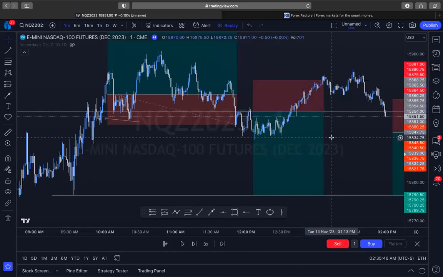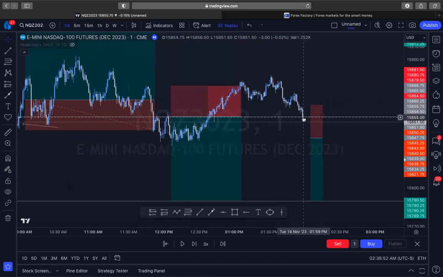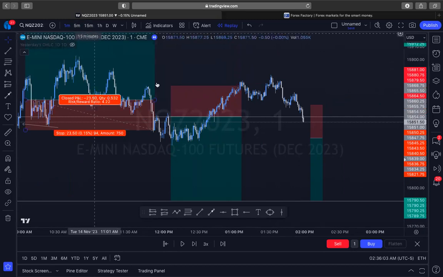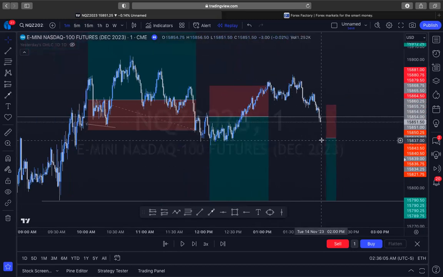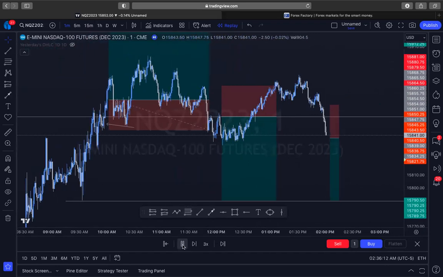And again, I wanted to just trade 1 to 2 trades per day. So after that, I didn't feel comfortable taking any more trades. But then I saw this, and I remembered that we do have a silver bullet that forms in the PM session, right? So I wanted to test my skills and see what this market was going to do if it did play out at the 2 p.m. to 3 p.m. Silver Bullet time frame. So let me go ahead and play this back and see what we were looking at.